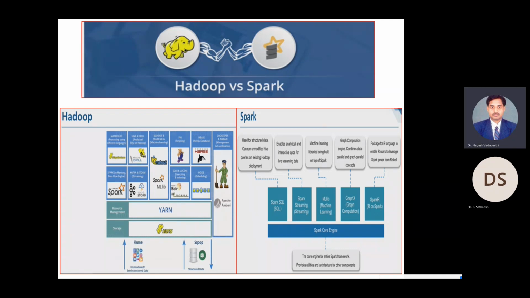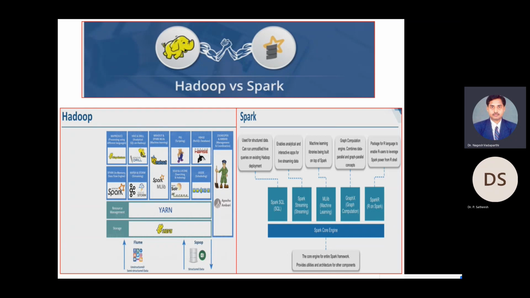Okay, now see the differences between Hadoop and Spark. Hadoop is a framework which supports various tools like Flume, Sqoop, Hive, HBase, Pig, Zookeeper, Oozie, Cassandra. These are the tools integrated with Hadoop. Whereas in Spark, see here, the core engine of the entire Spark framework provides utilities and architecture for